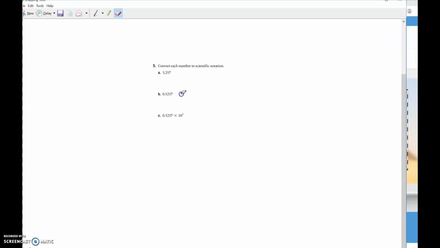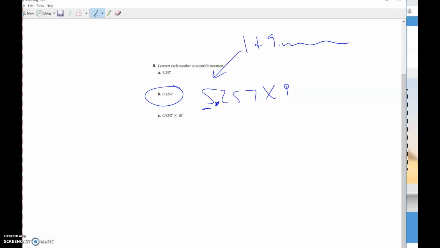Okay, so this one kind of got cut off a little bit here. So I have to put my decimal after the first digit, so it's between 1 and 9 point blah blah blah. And then I have to figure out, what am I multiplying by 10, dividing by 10? I'm moving my decimal one jump, but notice this is a tiny number, so it's going to be a negative